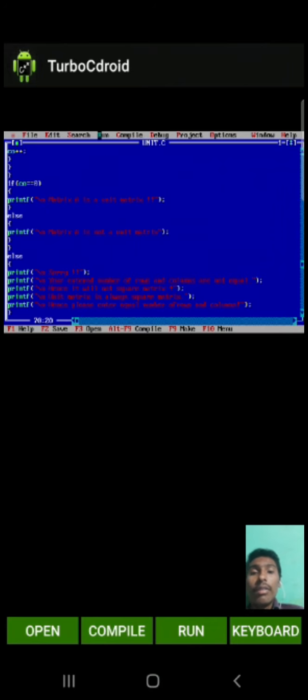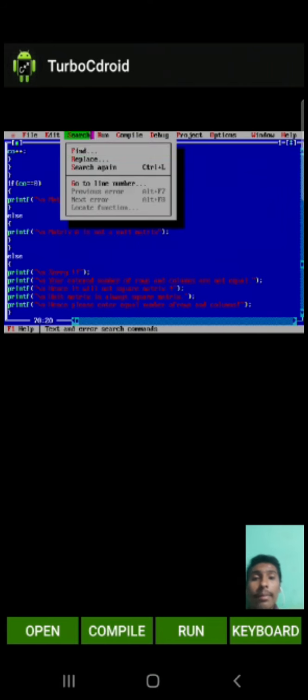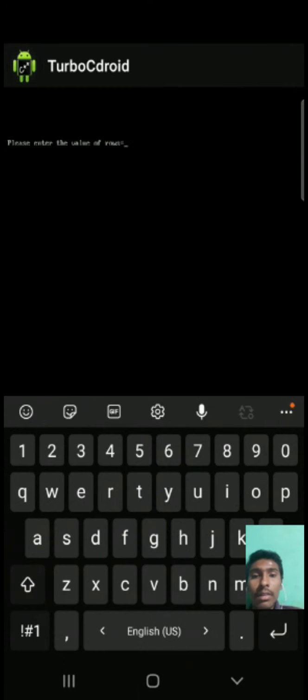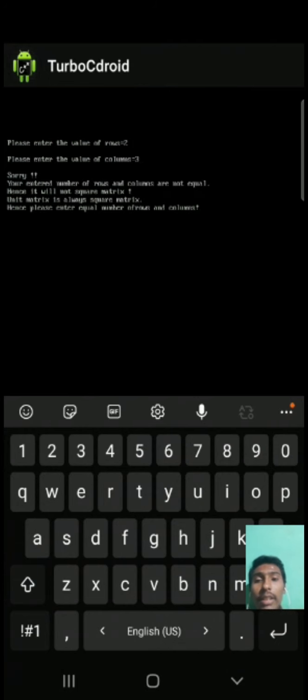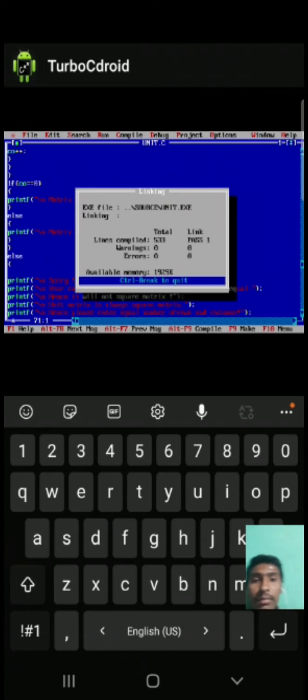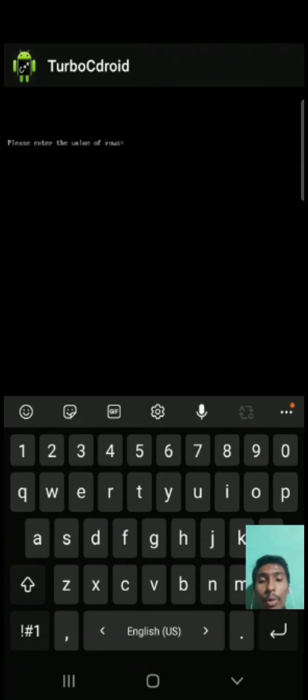Now let's run this program. First we should write 2, 3. r is not equal to c, so the body of the else statement will be executed. Now again, number of rows is equal to 2, number of columns is equal to 2, then r is equal to c,